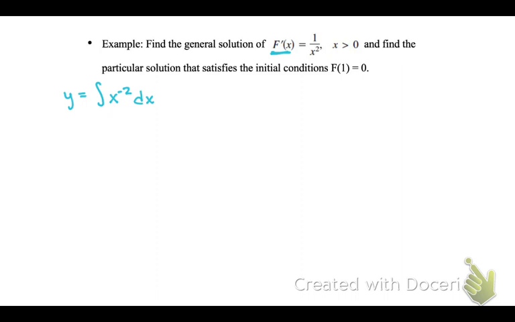So add 1. What do you get? -1. -1 and divide by it. So it is negative. Yeah. So negative x to the -1 plus c. So that's just y equals -1 over x plus c. So now I plug in x and y. So 0 equals -1 plus c. So c is